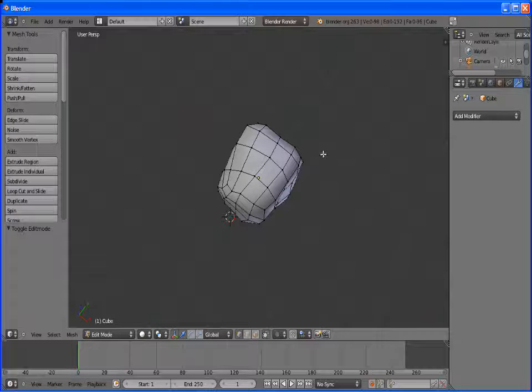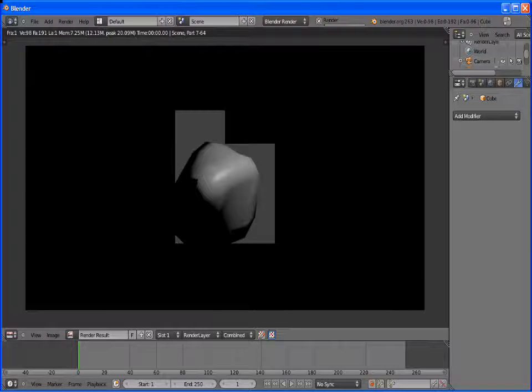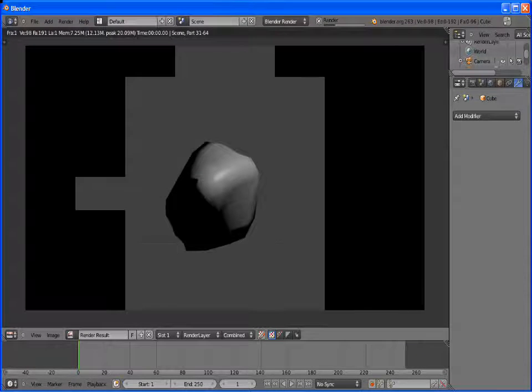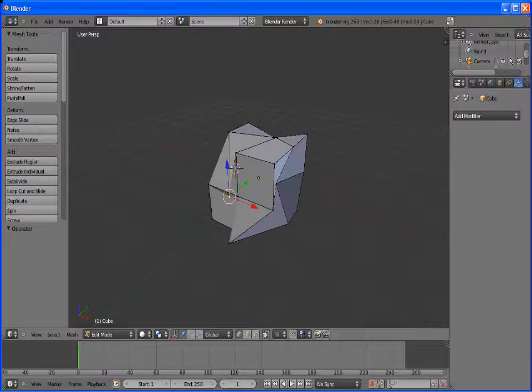To add a normal map, go to the texture panel and scroll down until we see the influence tab, geometry. Now click on the first one under geometry, the first little checkmark box. You'll notice that the one on the side has now lit up. That's because the normal value has been selected. Now if we render it, you can see it's a little more rough and it actually has